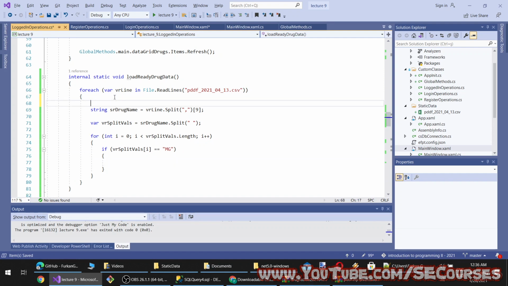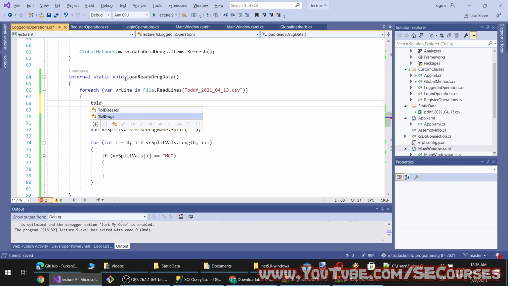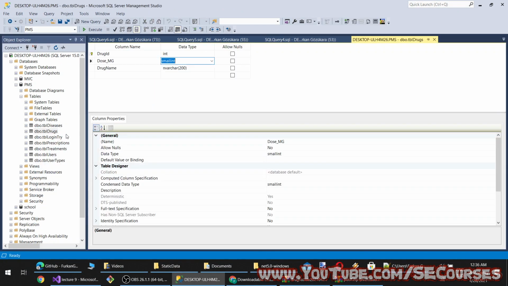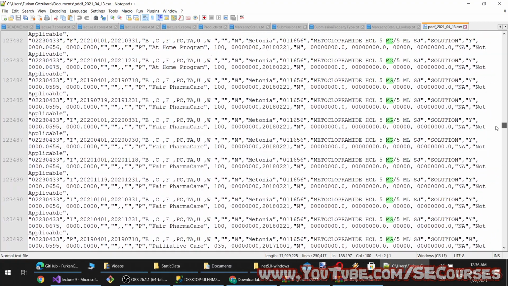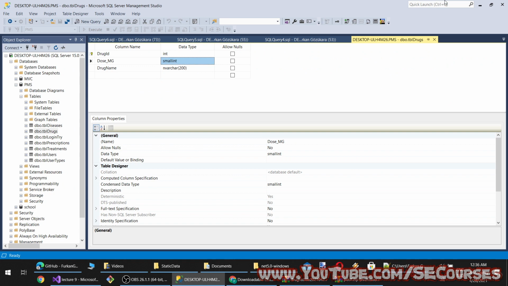So in here I am going to generate an instance of TBL drug. Here my drug, something like this, let TBL drug, and the TBL drug dot dose milligram. So our dose is set as small integer. Therefore, if it is not an integer, I would have a problem. Therefore, I think I will make it like this.